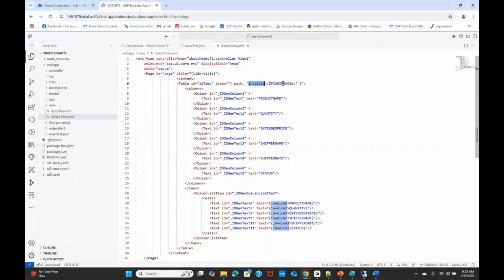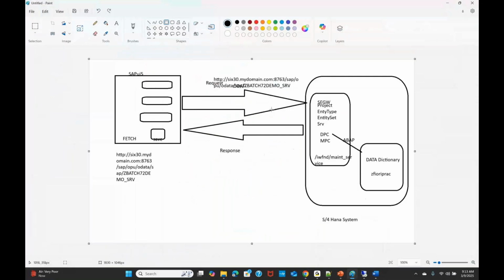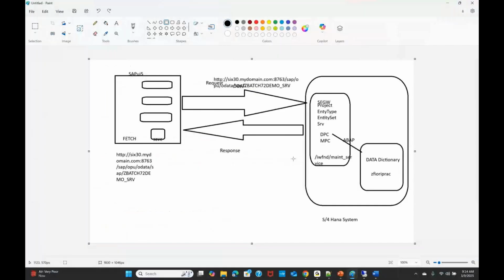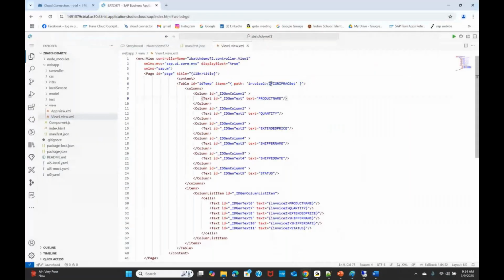Come back to our URL. You see? This part is your entity set. What is that? The Fiori set. Copy this one and paste it here. Perfect.